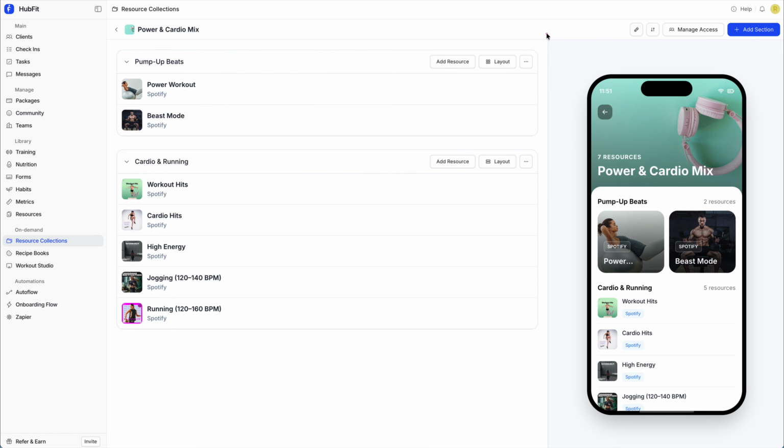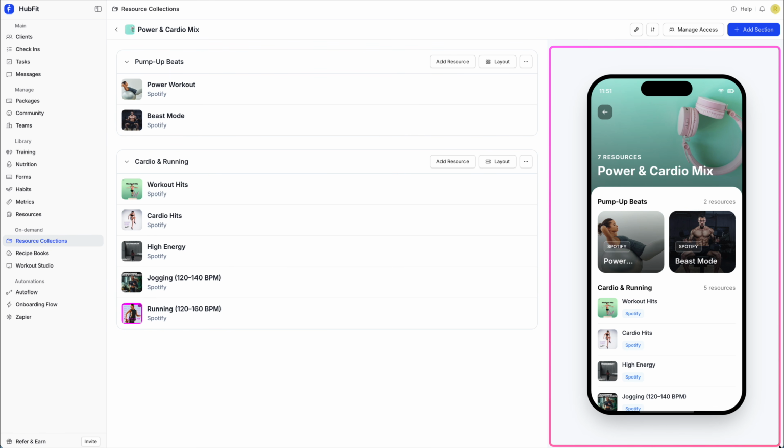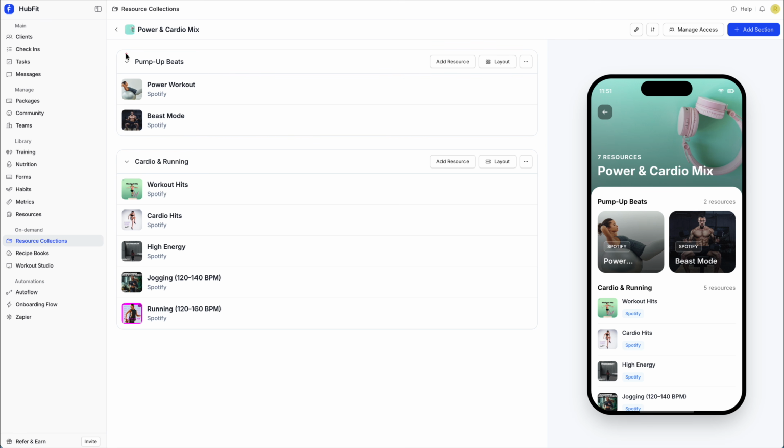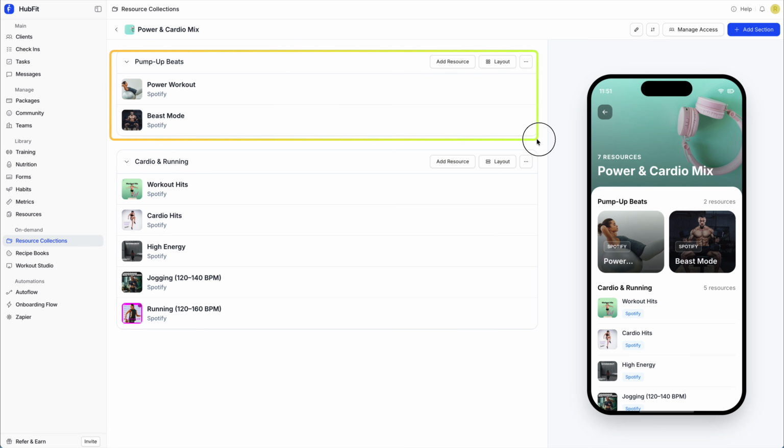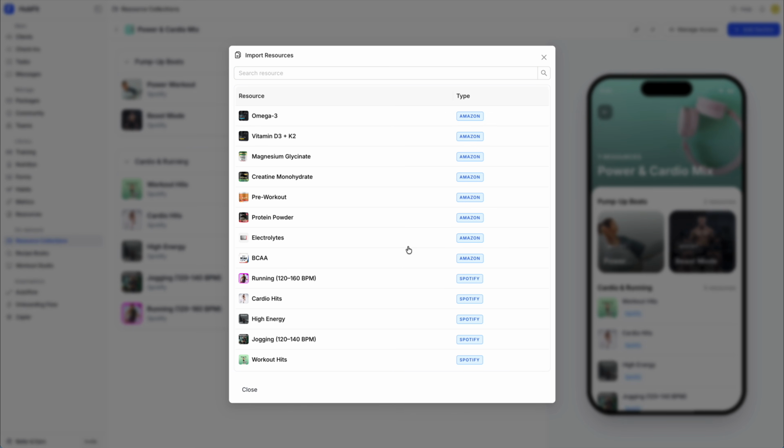You'll see here you get a preview on the right. So this is what it looks like on the phone for the client. And over here you can see the resources that you have. So these are the different sections. There's 2 sections in this collection. You'll see to add a resource, you have this add resource option over here. So if I do add resource, I can see all the resources from my resource library